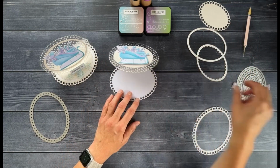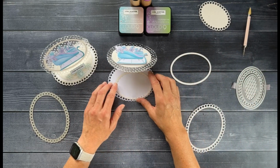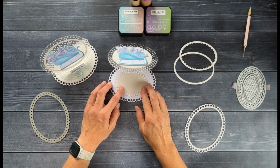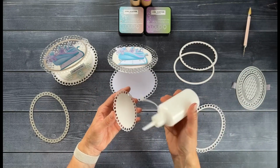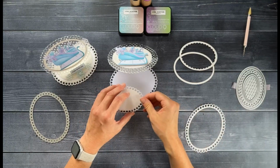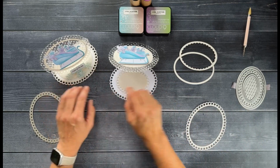I'll just flip this round, and you can use any one of your frames that you've already cut. I think it would be quite nice to add here. I might actually go with that one on the bottom. On the bottom of this one I did actually use the larger frame as well, which I think gives a really nice